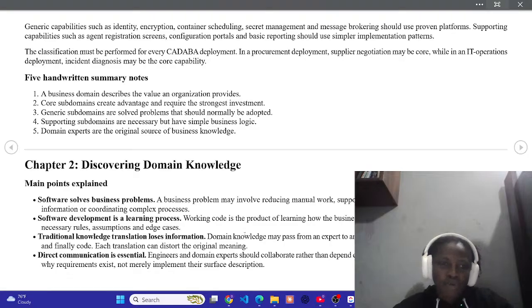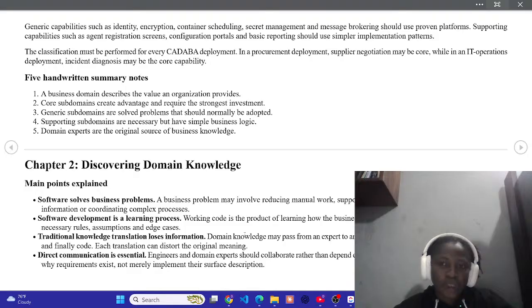All right, everyone. So chapter one's topic is analyze business domains. So, everything this chapter is explaining to us is that before you design any solution for any business, you should